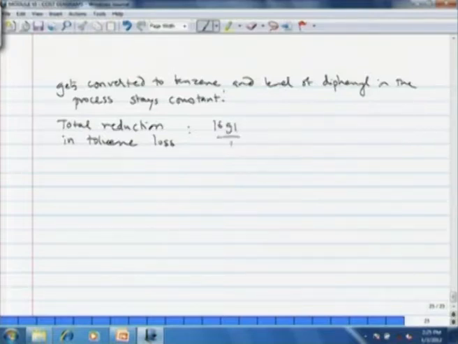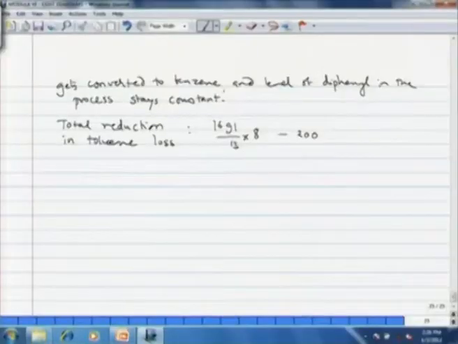$1,691,000 for 13 moles, out of which 8 moles we are going to recover. So, this much is the reduction. However, the diphenyl was also used as the fuel in the process. Now, when we are recycling diphenyl, that particular option is not available. So, we will have to buy the fuel worth that much quantity. So, $200,000, which was the annual fuel cost of the diphenyl, is now subtracted from the savings, because we have to buy fuel worth that much quantity. So, the total saving per year due to recycling of diphenyl is $840,000.